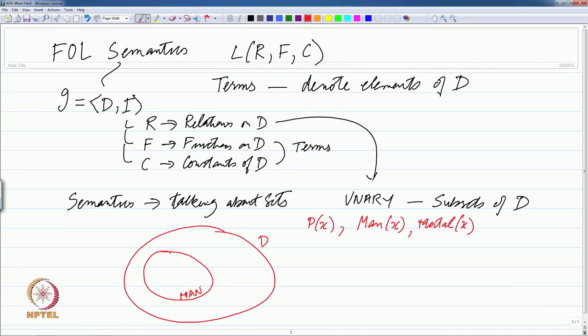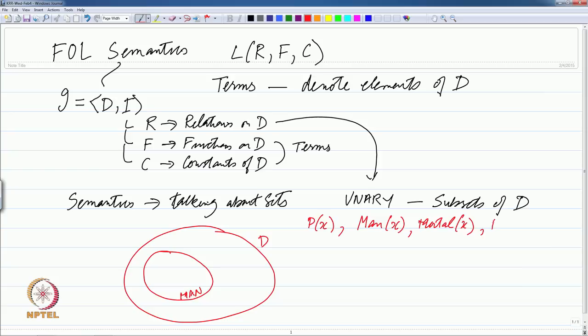Okay. So, every unary relation denotes a subset essentially. Now, the first thing to observe here is that in English language we have different kinds of categories of things. So, you may have a taxonomy of life forms in which human beings sit somewhere. You may have properties such as red, green, blue, or the property of being mortal. We do not make this distinction in first order logic. For us, they are just subsets.